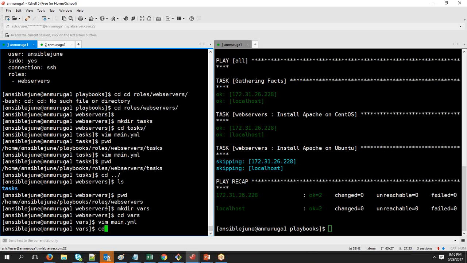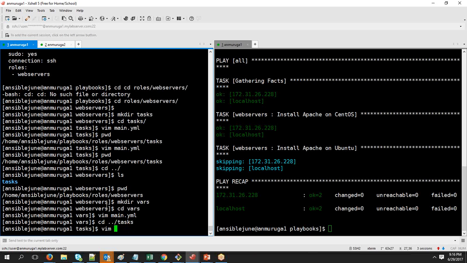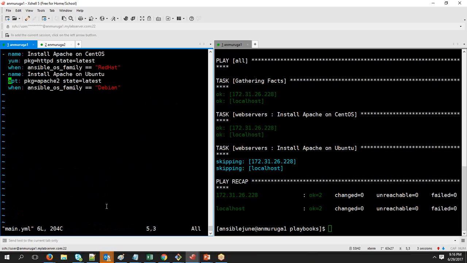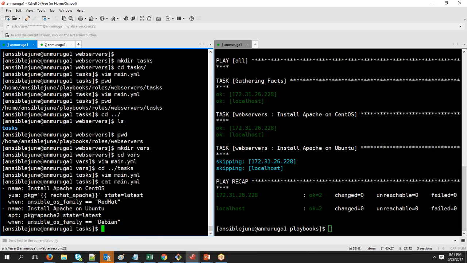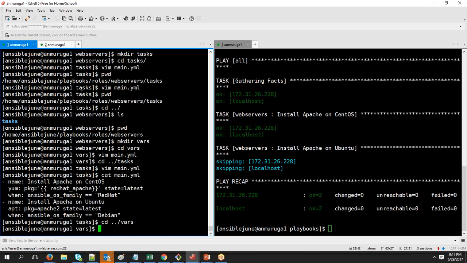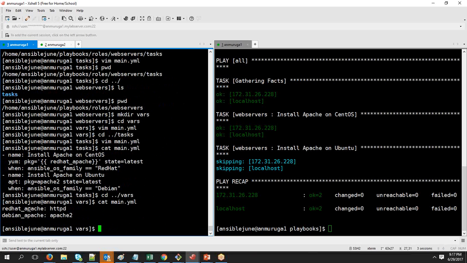Okay, now let me go back to the tasks folder, and in this, if I open the main.yaml, for example, instead of this, if I want to use the variable, and if I do this, what will happen? So what we have done is just telling that there will be a variable by the name of Red Hat Apache, and you have to use it, and that we have defined in the variable section under the main.yaml of that. Okay, so that is how, when you now run the playbook,